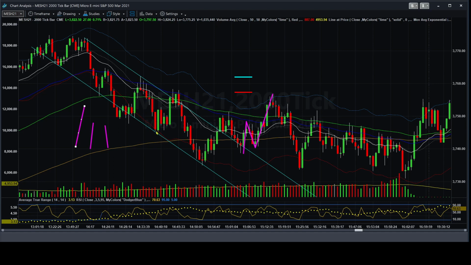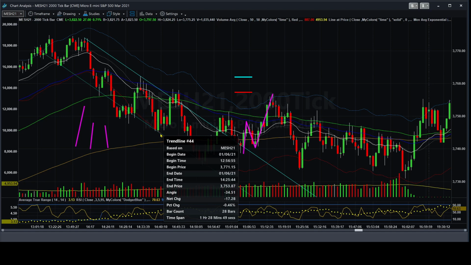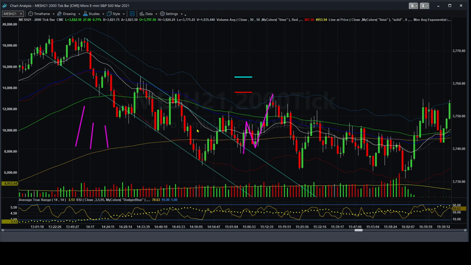We have this impulse down to the support level of the channel, this point here, and we have a first leg, then a second correction, and a second impulse to the upside. This breaks the resistance of the trend channel a little bit, but it closes below. So at this point, if I was here in real time,